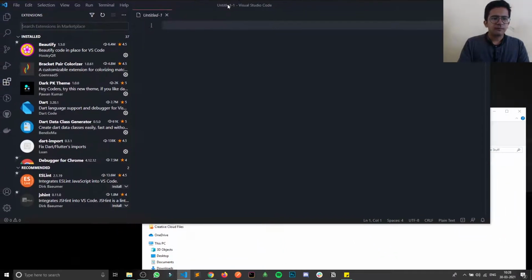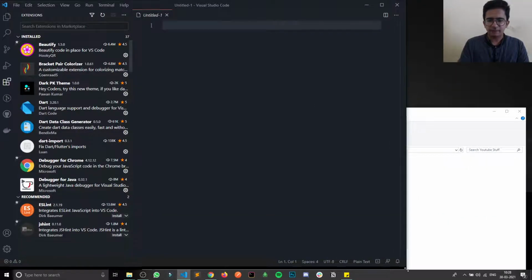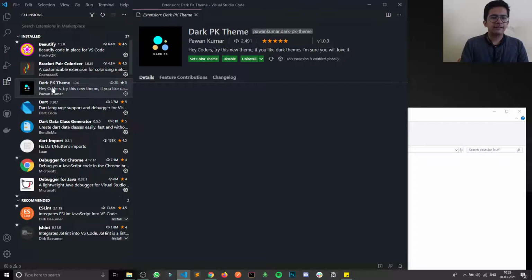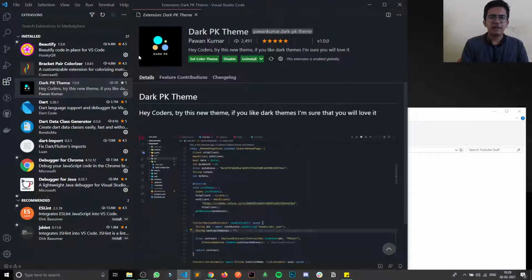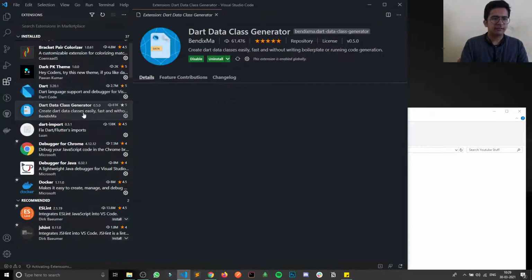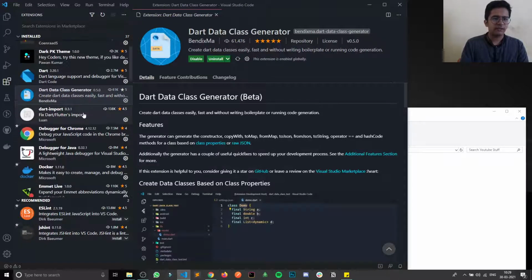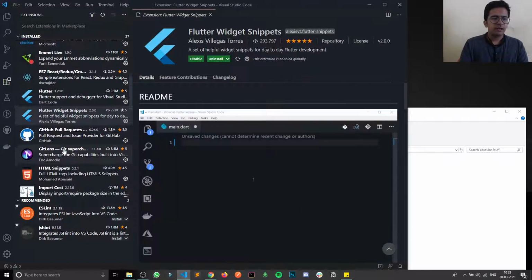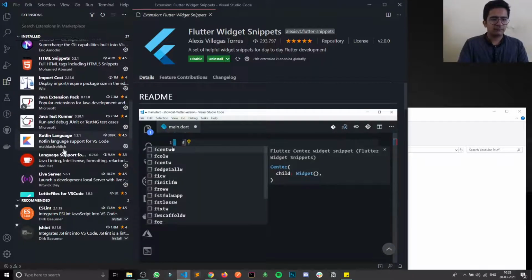Here you have to get the basic extensions for which VS Code will look good. You can install the Dart theme, then the Dart extension, Dart data class generator, Flutter and Flutter widget snippets. You can just pause and install those.